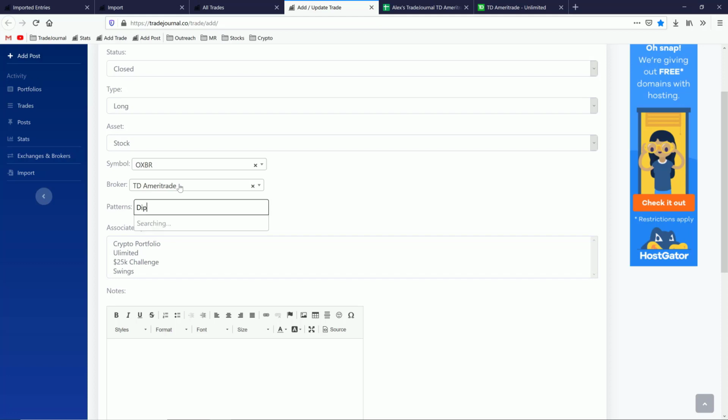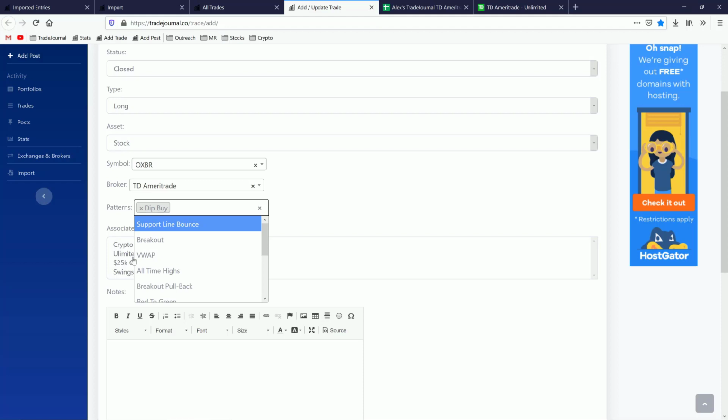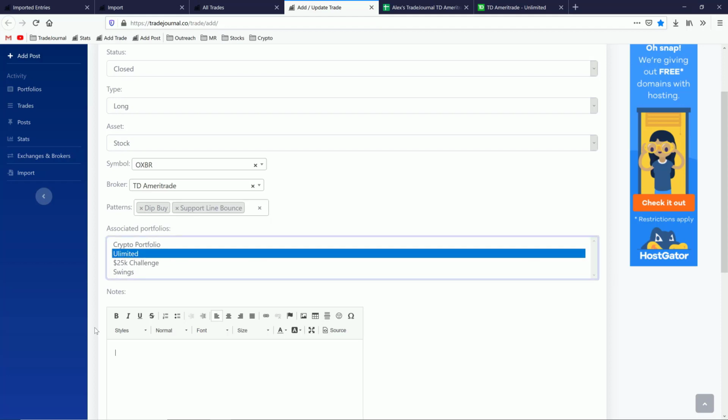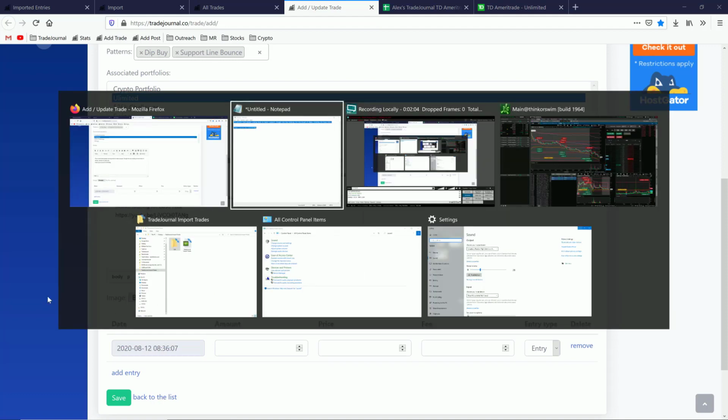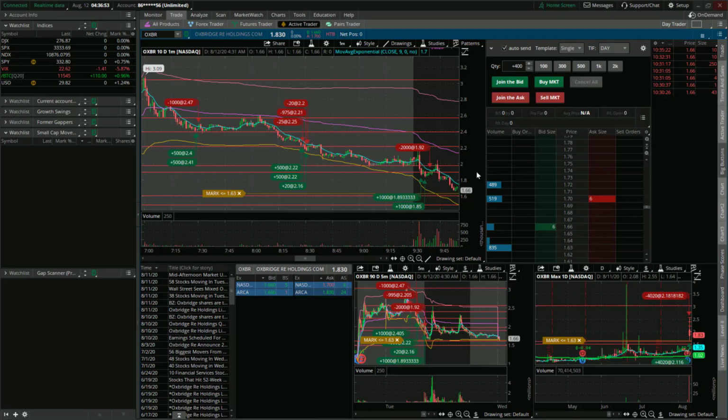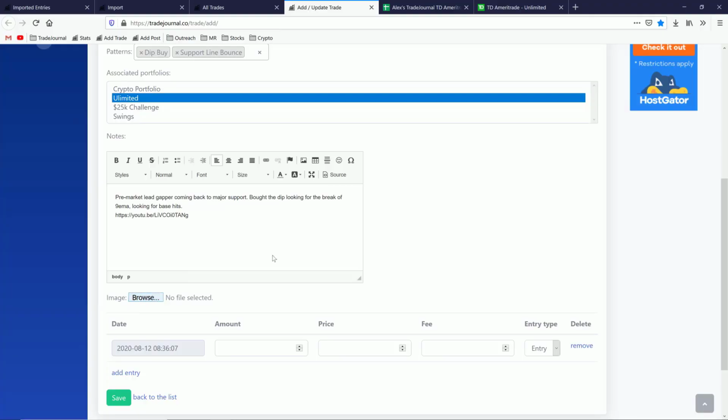I think this was a bit of a dip slash support line bounce, unlimited, and we go through. I pre-analyzed this first trade, so I'm just gonna go ahead and document this. Already, we have the YouTube video where I talked about this trade. And what I also like to do is take a screenshot, and I like to make sure I have the 1 minute, I like to have the 5 minute, and I like to have the daily. And then I just go here and